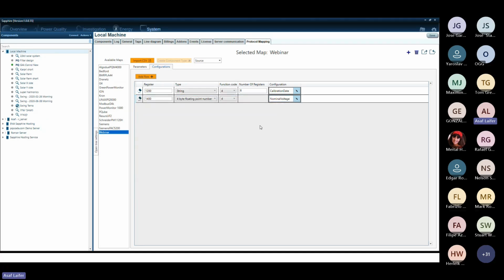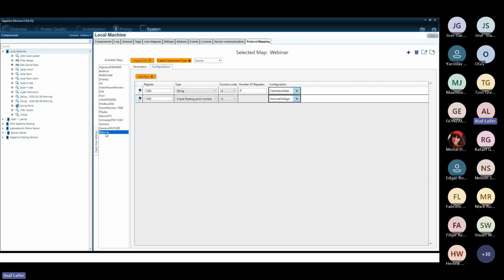Okay, and so forth. You can add as many configuration items as you have on the device. The nice thing about configuration is that it's not only readable, it's also writable. Okay, so once I click save,